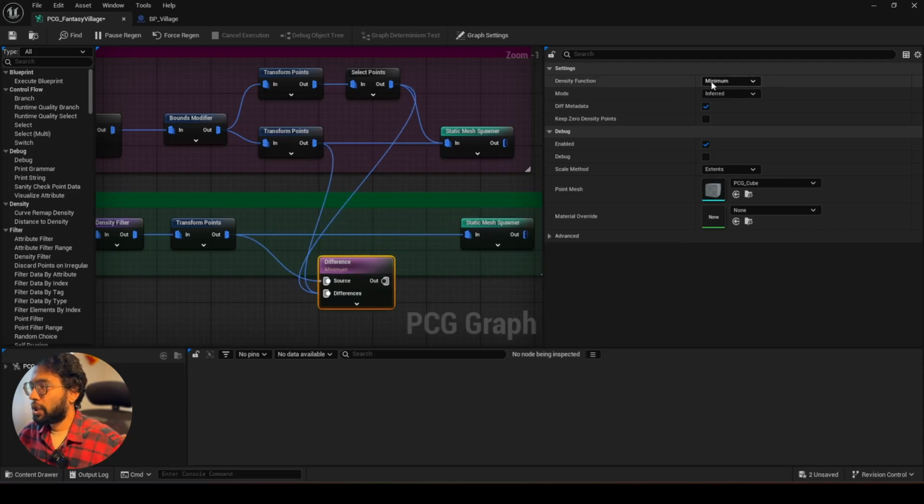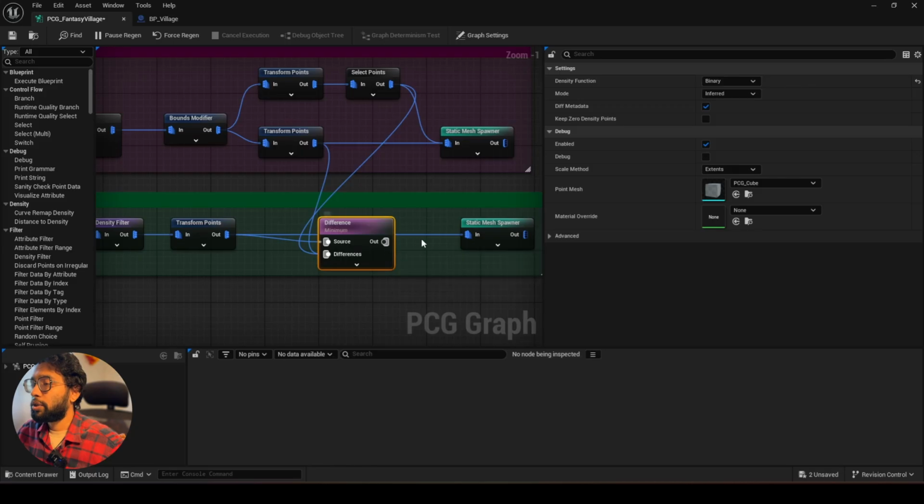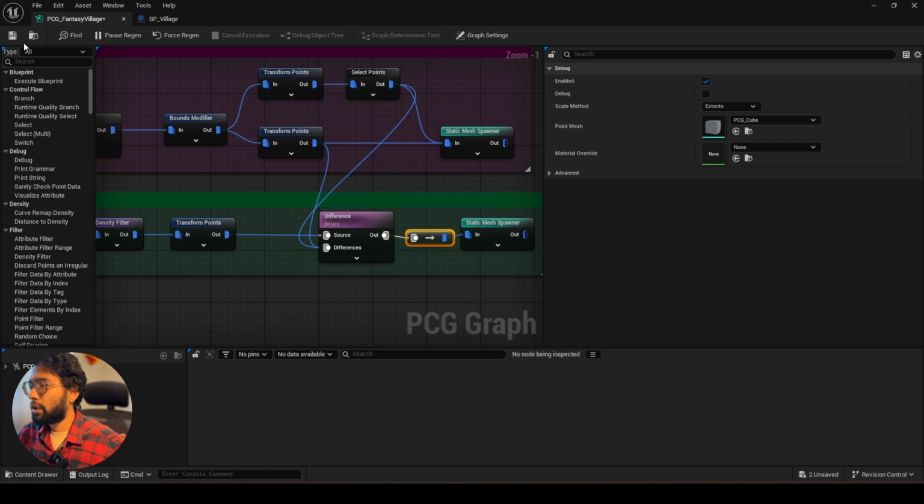So, under the density function, make sure it's binary, because if it's not binary, it will still try to consider a few trees which fall under a particular value. So we're going to tell it, hey, either use 1, which is yes, we have trees, or 0, we don't have trees. That's why we need to choose binary. And then once you're happy with that, let me quickly connect this with our static mesh